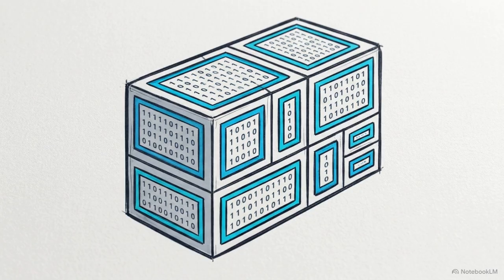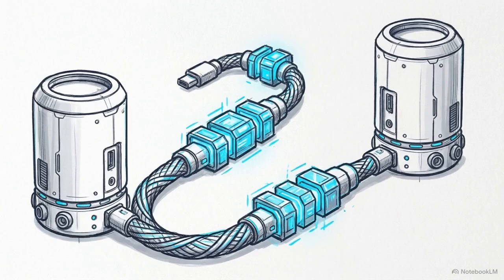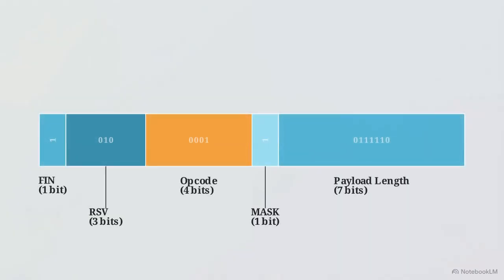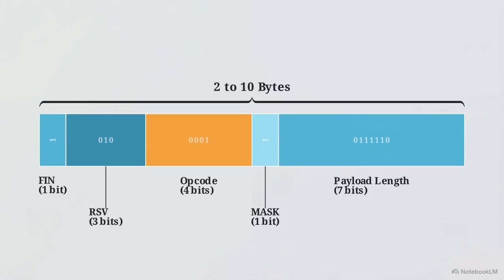Without HTTP's text headers, data is now transmitted in highly compact binary structures called frames. These frames flow in both directions simultaneously without waiting for a request. This layout shows what actually travels over the wire. The header is as small as 2 to 6 bytes. It contains a 1-bit FIN flag, a 4-bit opcode telling us if the payload is text or binary, and a